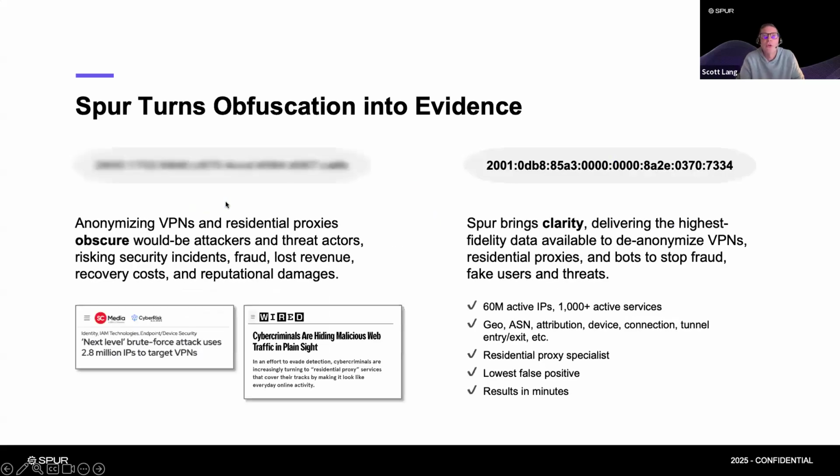So next thing is, who are we? Our mission, our reason for being, is to help turn obfuscation into evidence. We see a tremendous amount of anonymized IP traffic out there in the world, whether from VPNs, res proxies, mobile proxies, and others. Our objective is to shine a light on that, de-obfuscate or de-anonymize it, to give you good insights and good intelligence to make those risk-based decisions that we talked about